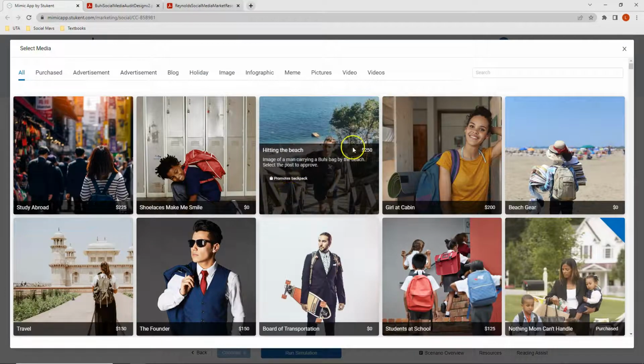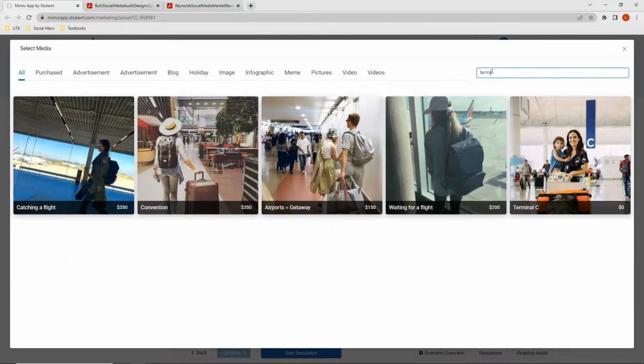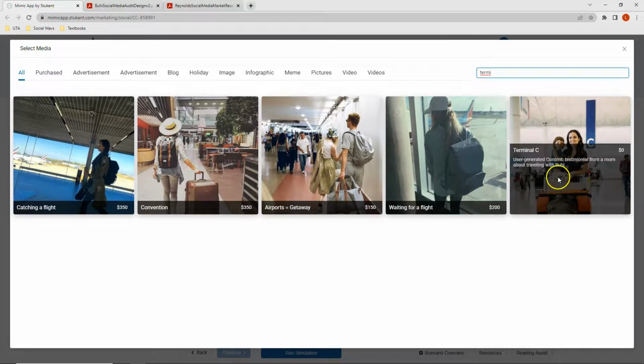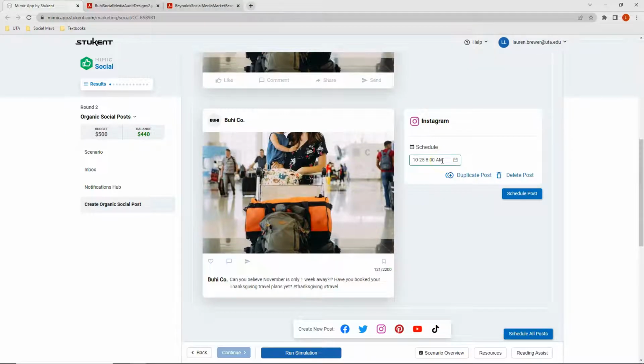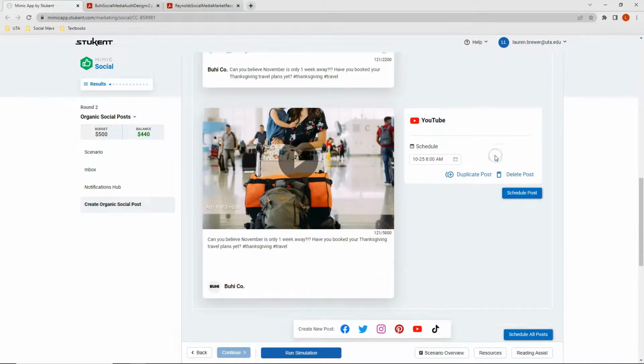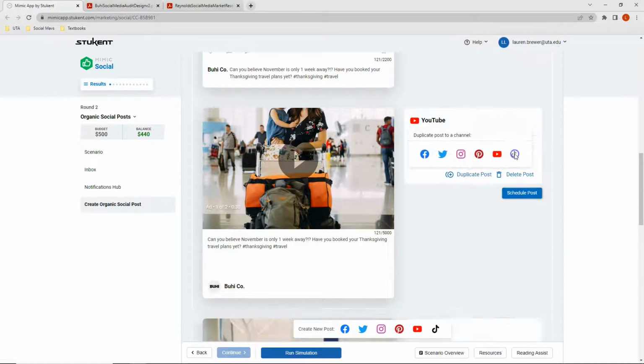I need to add media. So this one I'm going to pick Terminal C. This one has 0 cost associated with it. So because I'm trying to reach multiple audiences, I'm going to schedule this post again across multiple platforms. So I'm going to schedule it on Wednesday at 8 a.m. on Facebook. Let's do Instagram at 8 a.m. on Wednesday. We can also schedule this to YouTube because this one is a video, as well as TikTok,